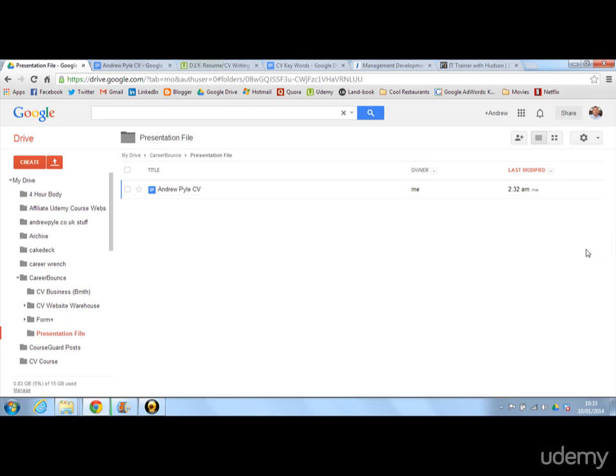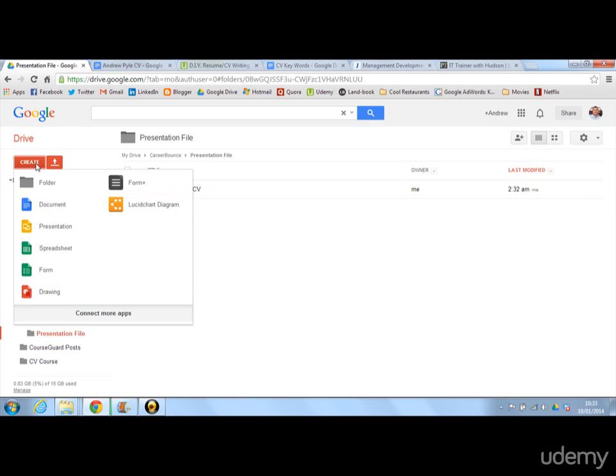I strongly recommend you set up a Gmail account, you log into Google Documents, and you'll be presented with a free range of software, which is pretty much the same as Microsoft Office, where you can get documents, spreadsheets, forms, diagrams, all things like that. So when you log into your Google Documents drive, you'll see a button on the left hand side that says create, and you can create a document, the blue one there. Click on that,